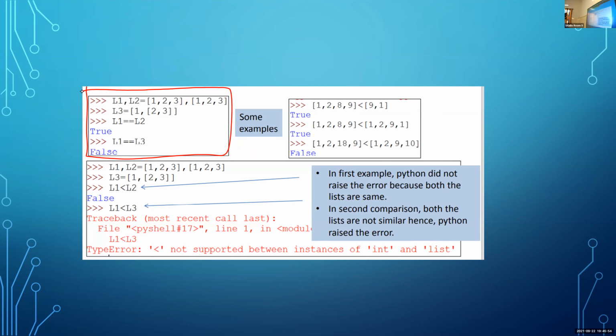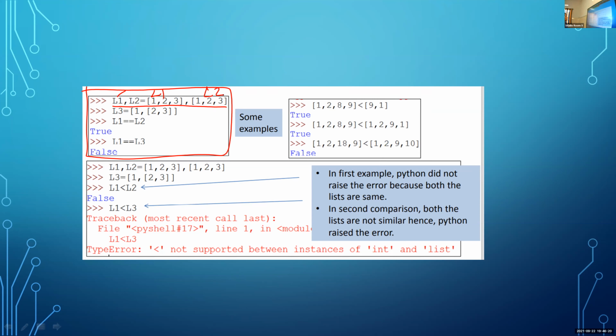Then after that, I'm checking L1 is equal to L2. What is the meaning of this first statement? L1 comma L2 is equal to first one, second one. This is L1, this is L2.